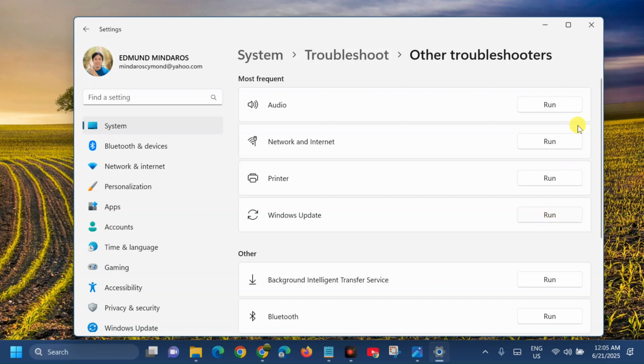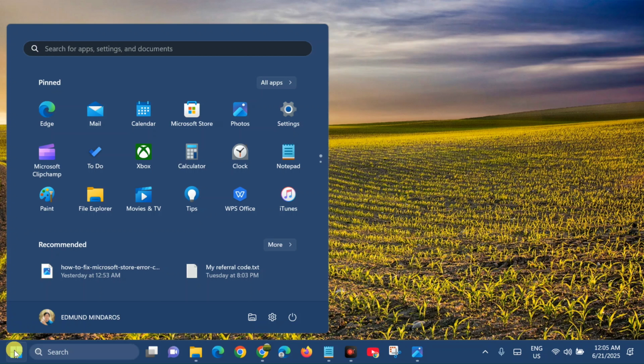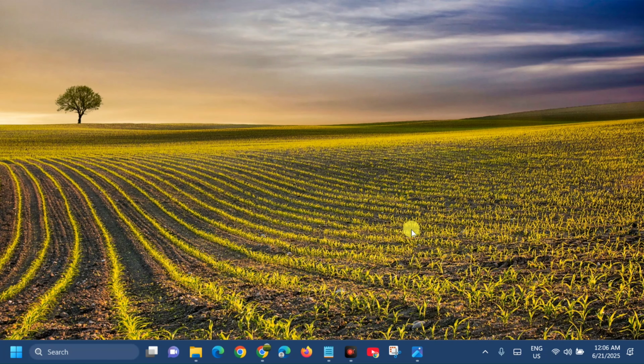After that, we need to close this, and then in the Start menu, restart the PC to fix this error. Click Restart. Alright, so that's it guys on how to fix Windows Update with the error code